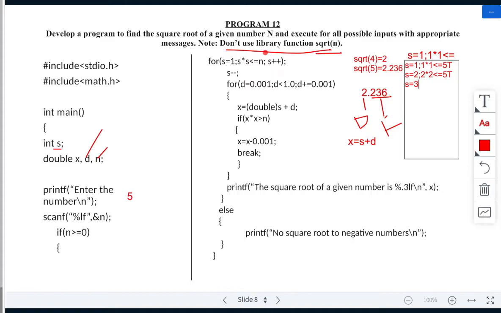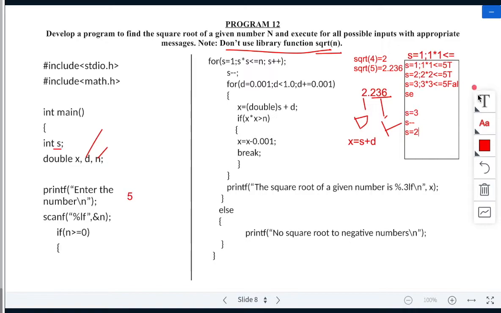Now remember, s is equal to 3. So 3 into 3 less than or equal to 5. Now the condition becomes false. The condition became false for the first time when my s value is equal to 3. You will come out of the loop. Here I have given s decrement, s minus minus. So s will become 2.